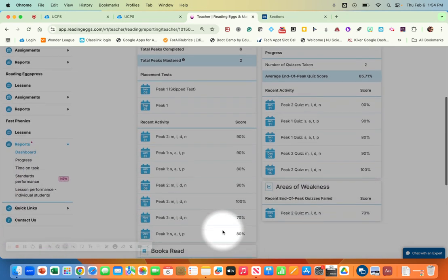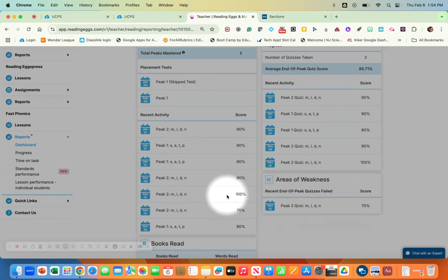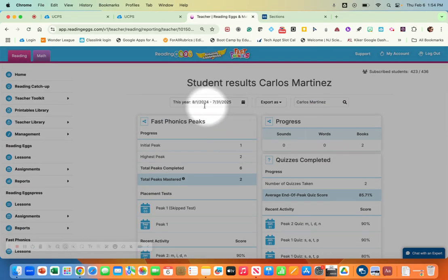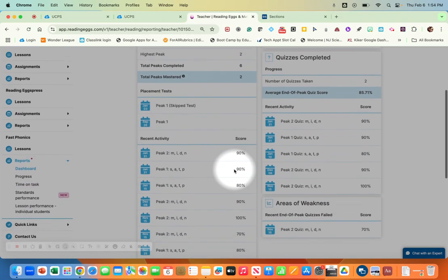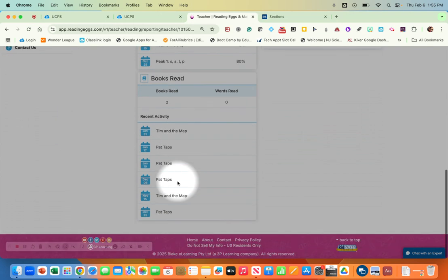Now this is where it's important to choose a date range. So keep in mind you can select a date range that falls after the second placement test or that falls before the second placement test, that includes the time frame from September to December, and get that information. But basically this is going to show you the actual skills that the students may be having some areas of trouble with. Okay, these are the books read,